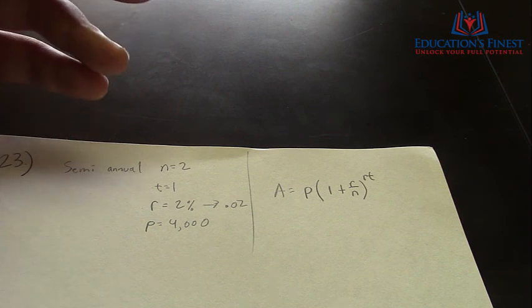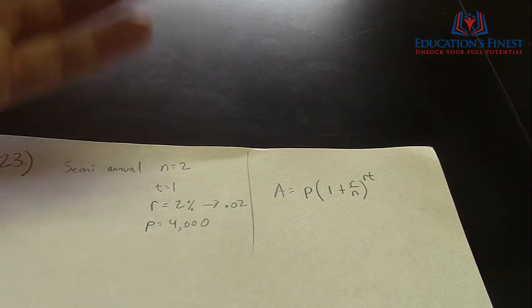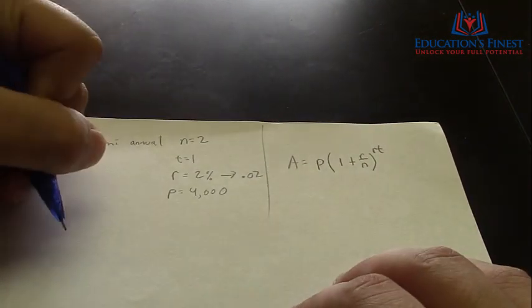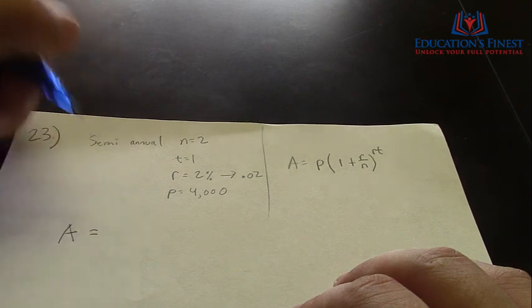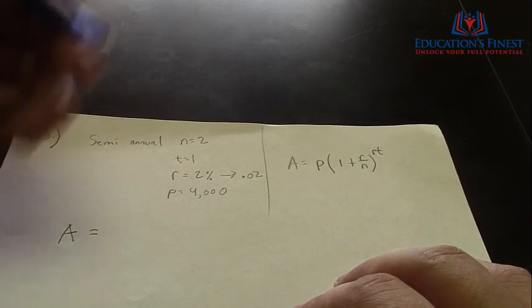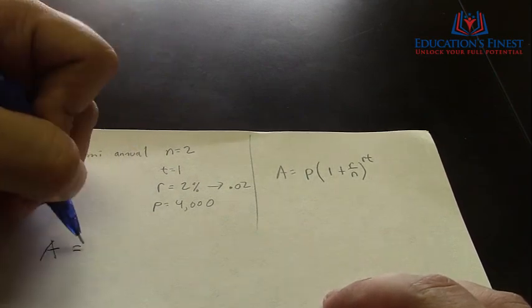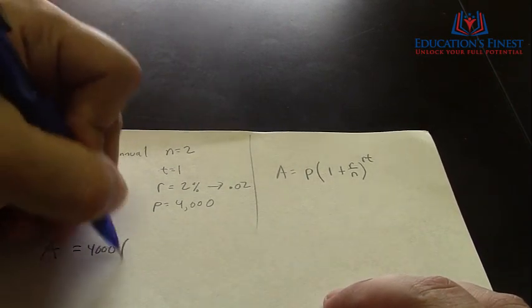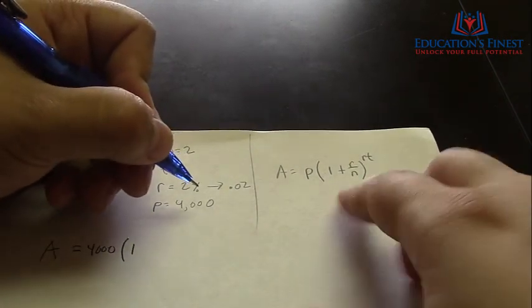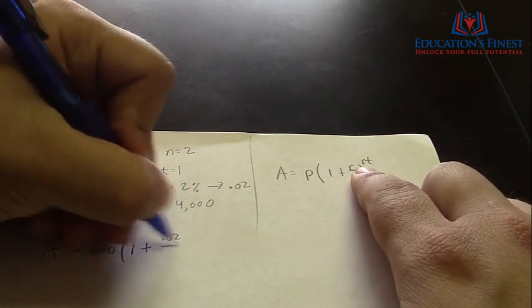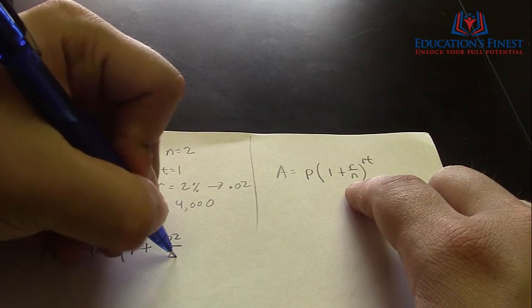So we gave the bank or whoever, the hedge fund or the mutual fund, $4,000 to start with. How much money are we going to have, okay? So you just plug it in. So we got A, because A is the amount after, and that's what we're looking for. So we have A is going to equal your principal, which is 4,000 times 1 plus our rate, 0.02, divided by our n, which is 2,